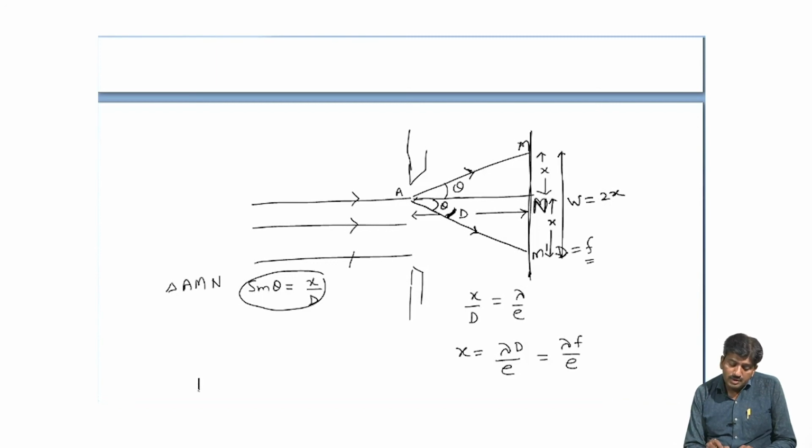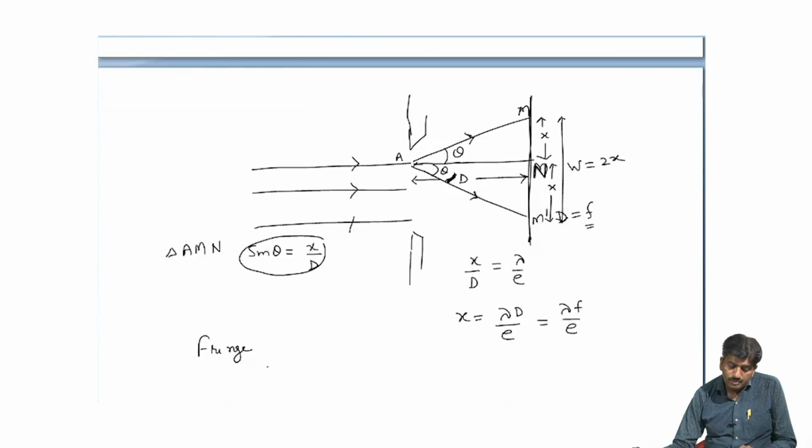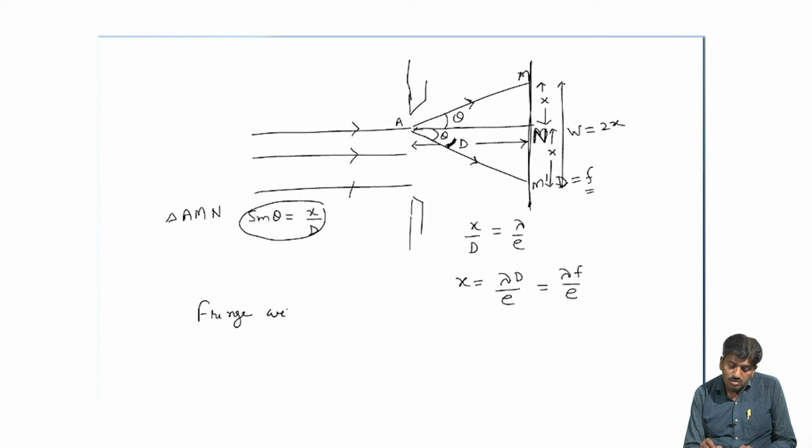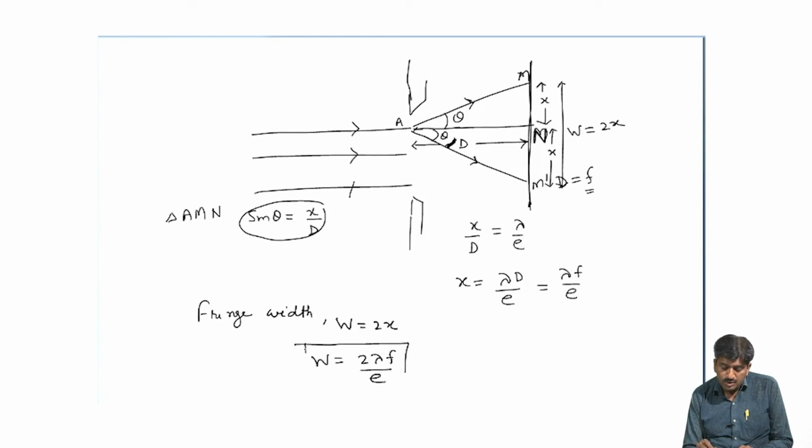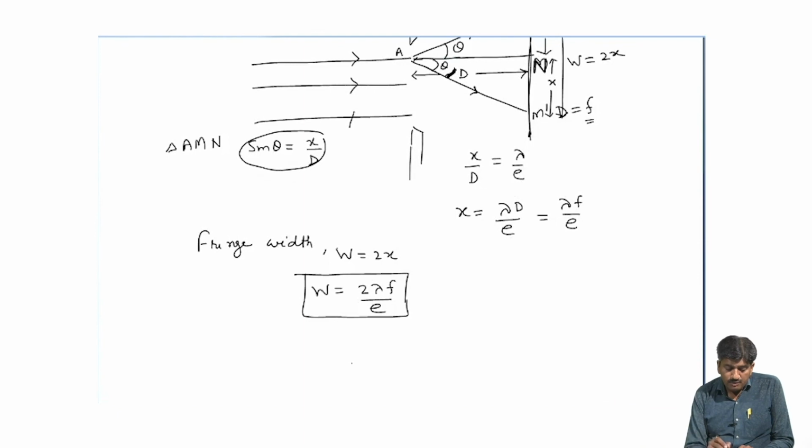So W is equal to twice x, or W is equal to twice lambda f upon small e. This is the fringe width in the diffraction pattern,